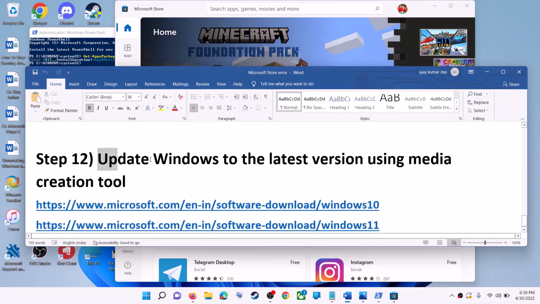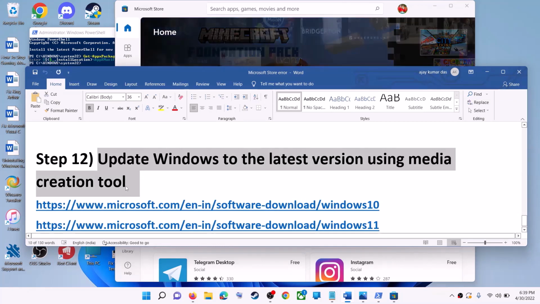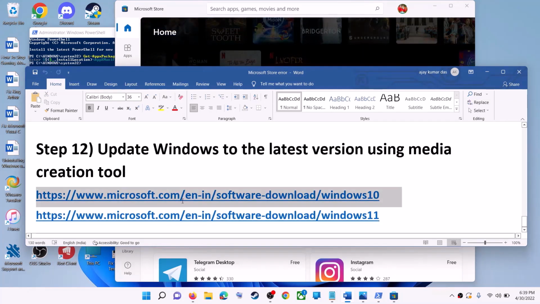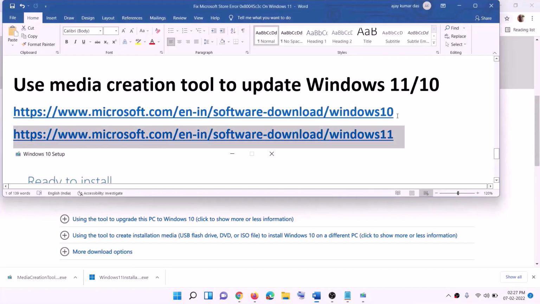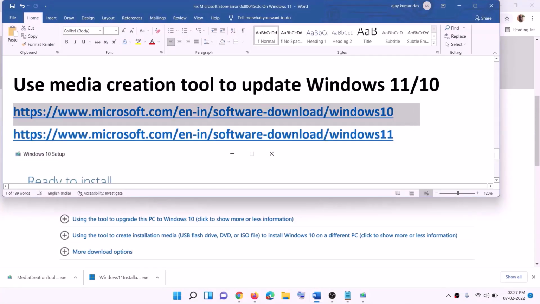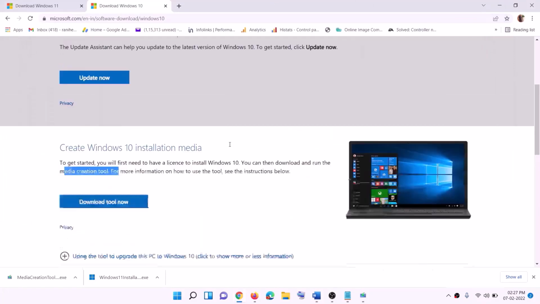Now the last step is to update your Windows to the latest version using media creation tool. So if you have Windows 10, copy this link. If you have Windows 11, copy this link. Windows 10 users,